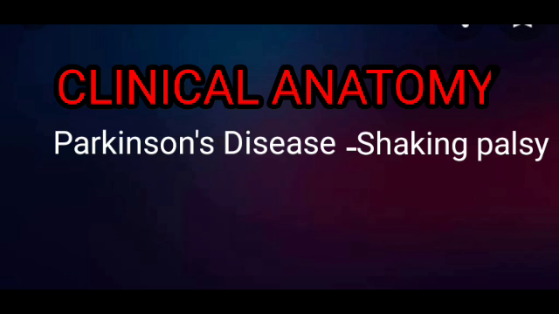Normally, the dopamine secreted by the neurons of the substantia nigra is released in the striatum and is inhibitory to the neurons of the striatum. The diminished dopamine level in the striatum results in excitatory actions of the striatal neurons. Thus, it will not be able to suppress the involuntary movement during actions. This is characterized by rigidity and also the tremor, as mentioned, pill rolling tremor when the subject is at rest also. The rigidity is due to the increased muscle tone and slowness of action is also noticed.